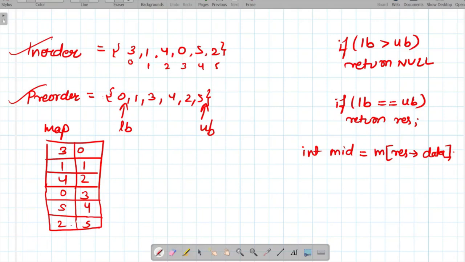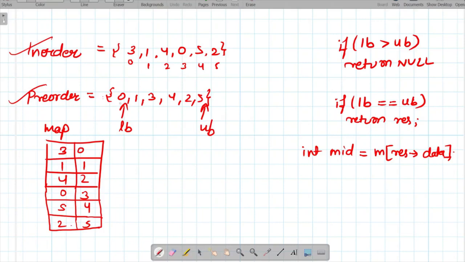Now there are some conditions to check. So first of all, we will traverse the pre-ordered traversal, because we only will check our in order traversals from the map, and while traversing it, we will assign the lower bound pointer to the first node and upper bound to the last one.